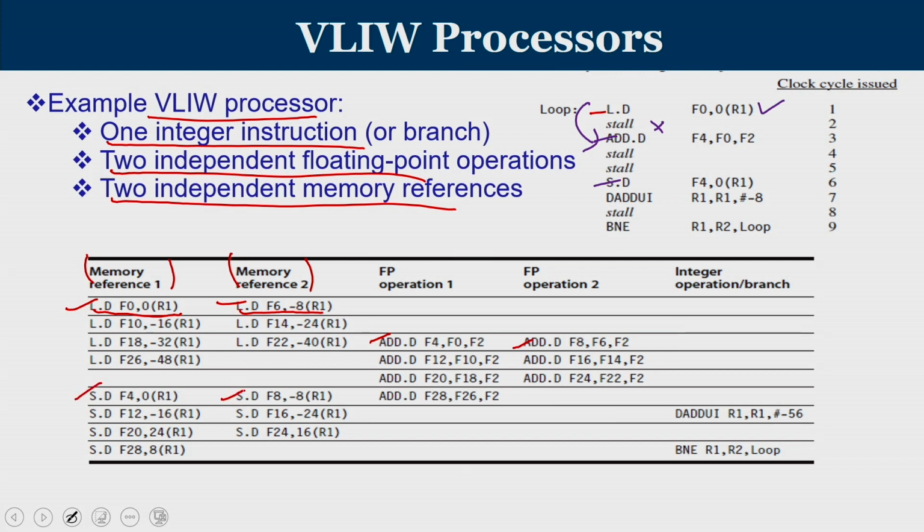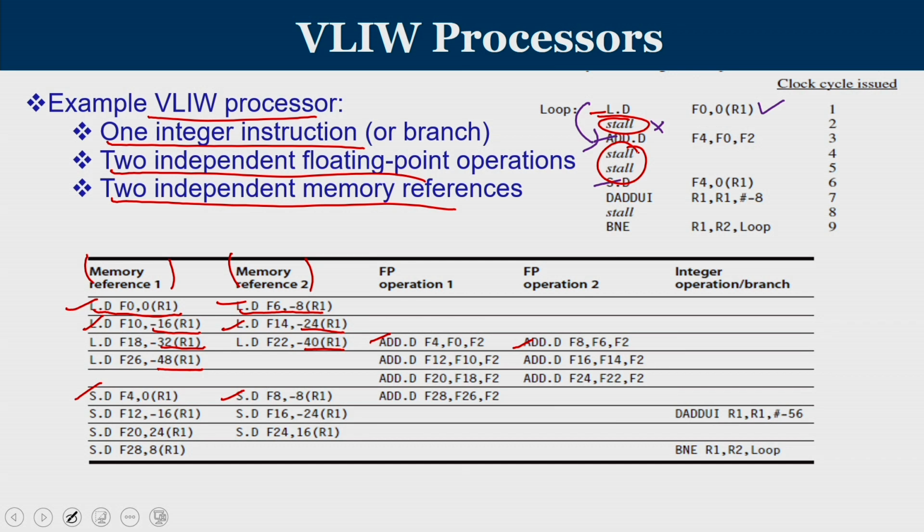Now, when you unroll again, this is the next set of values which is acted upon: minus 16 of R1, minus 24 of R1, minus 32 of R1, minus 40 of R1 and minus 48 of R1. So, literally there are 7 iterations, and proportionately we can see that there are many add operations coming, and if you look at each individual pair of load and the corresponding add, a delay of 1 stall is maintained, and between add and store another delay of 2 is maintained.